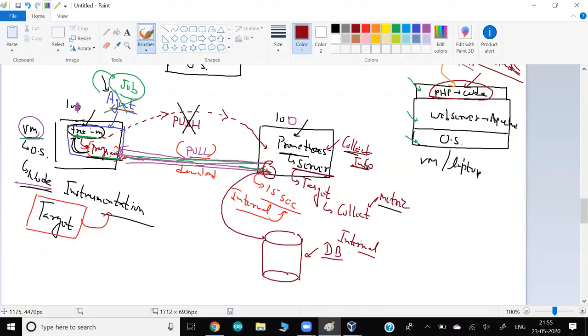But what it is storing is a very important thing. Prometheus is storing whatever it gets from the agent program. Whatever the agent is collecting, maybe RAM, CPU, it stores those.